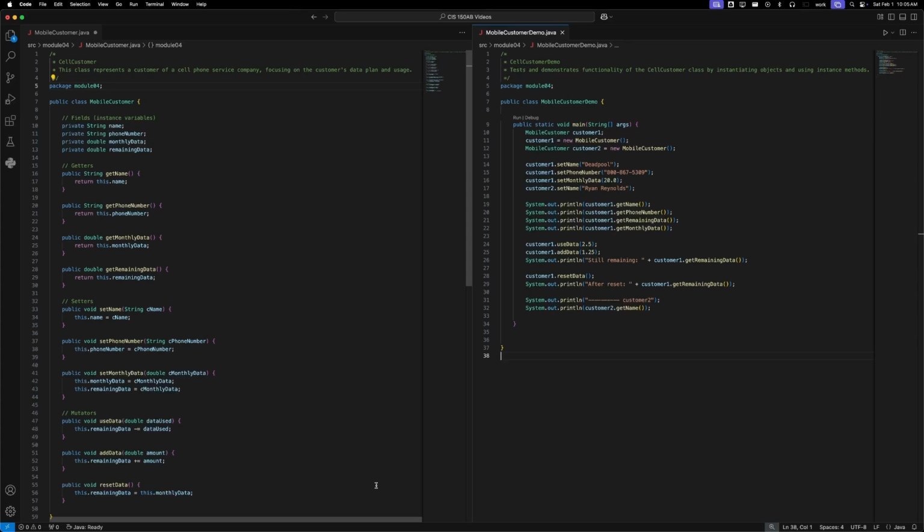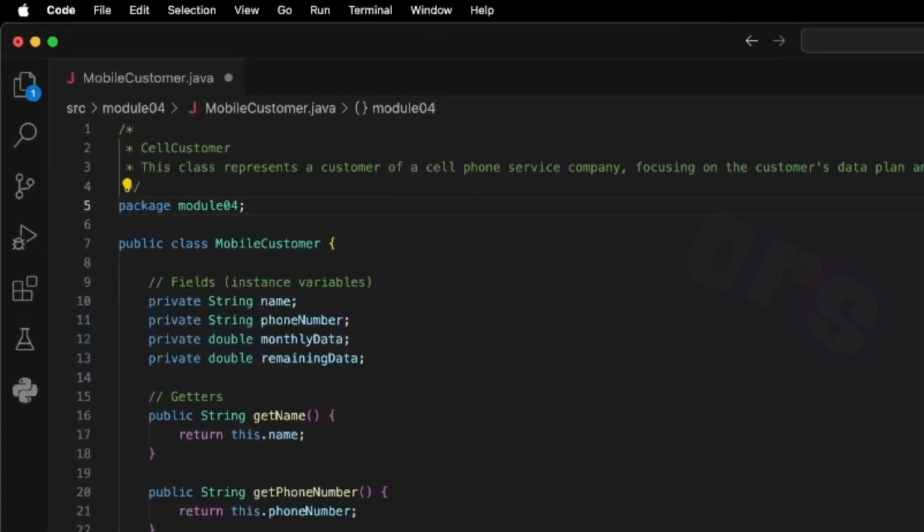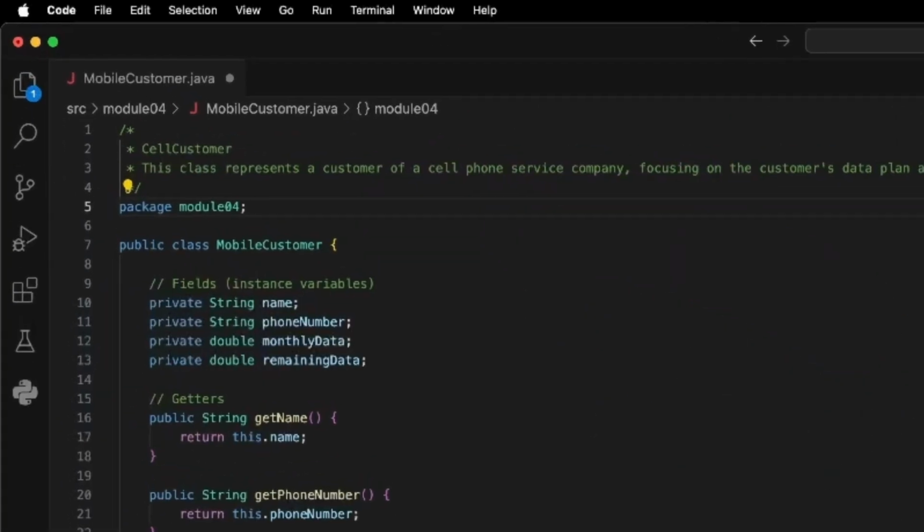That topic is constructors. I'm starting here with the code from the previous video, but I've changed the class name from cell customer to mobile customer with a similar change to the demo class. Because I store all of these examples in a GitHub repository that I want to be easy for beginners to access, I wanted to keep this version separate, but that's the only change I've made. If you haven't watched those previous two videos, you probably should do that before we dive in and add constructors